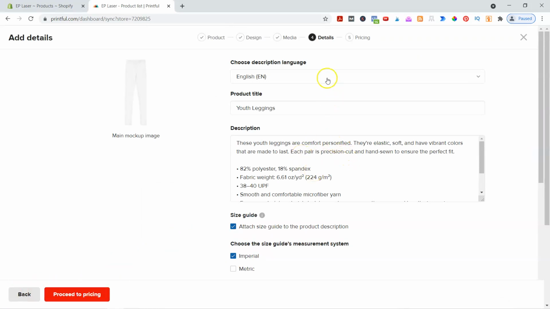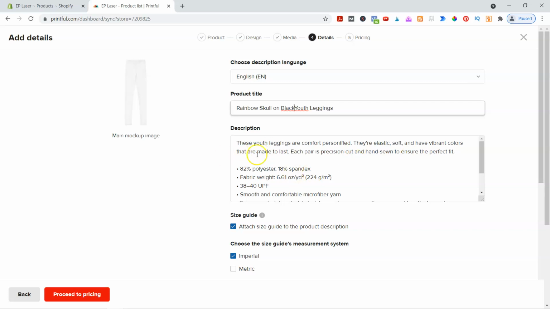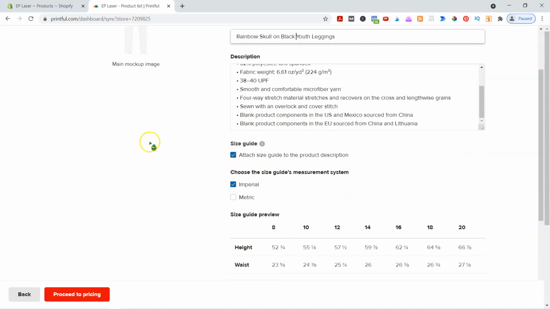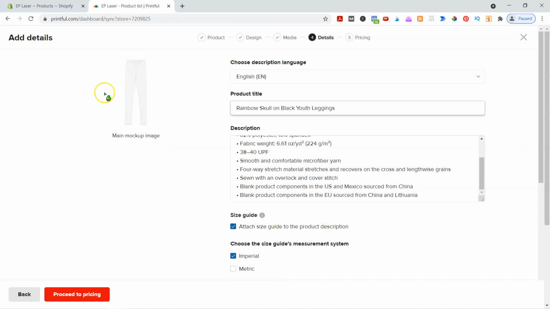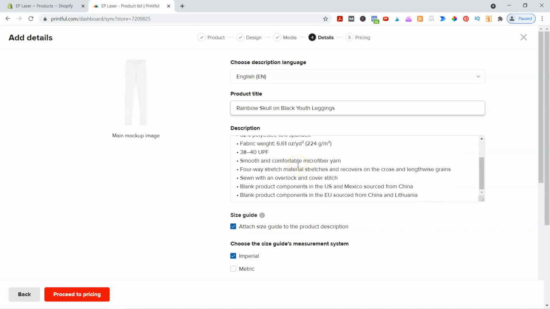And then here's where you can put in your description language, English for me, obviously, and then your product title. Now I would leave youth leggings there, but in this case we have a rainbow skull on black. I wonder if it's going to stay that way. We'll find out. So then you could put stuff in the description if you want to, but you can always come back in later and add it as well. This isn't like it's indefinite forever, right? This is just going to get you started, something to get on there. And really, for the most part, if you're on Etsy, people don't look at the description. So I'm glad that this is here, but you might want to add in other things like,